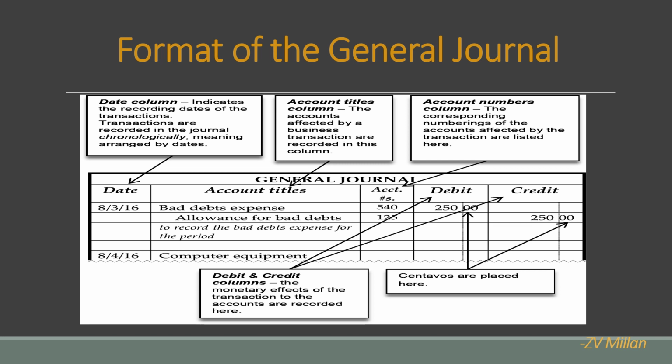There's also a debit column and credit column. And there are 8 portions where you can put the centavos. On dates, the year and months are not rewritten for every entry unless the year or months change or a new page is needed. So in the general journal, while recording transactions, the year and months are actually not rewritten for every entry of